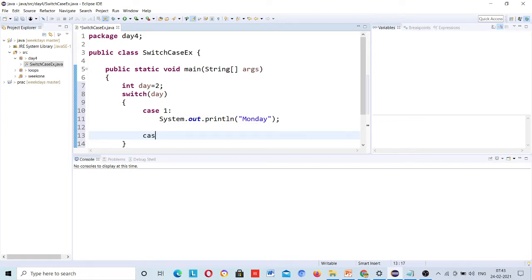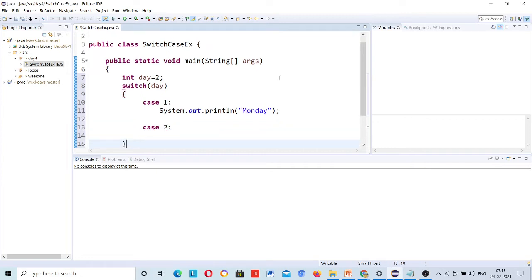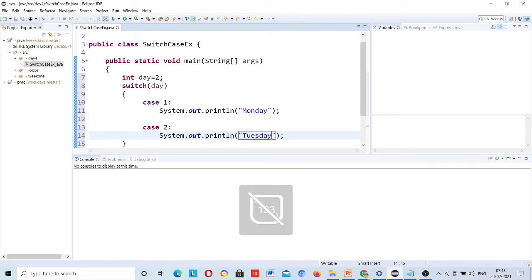Case 2, I will come here, sys out Tuesday, and use break here.